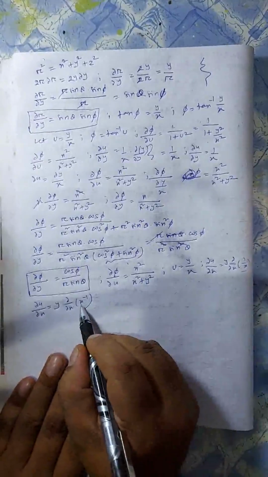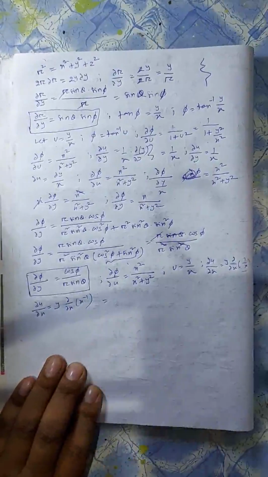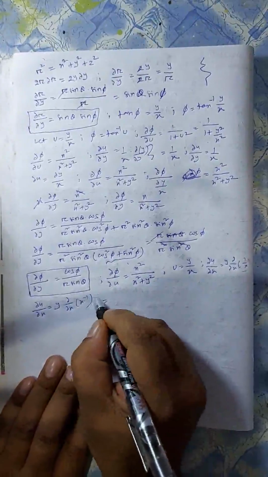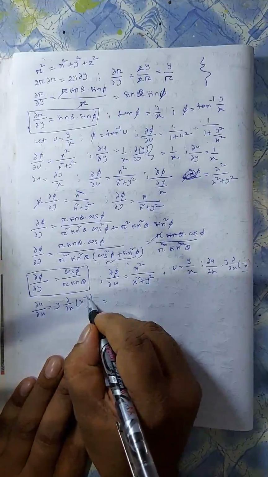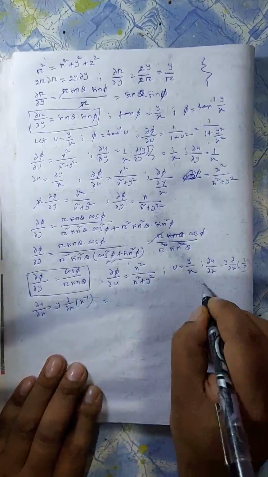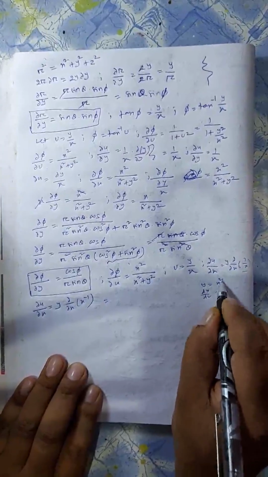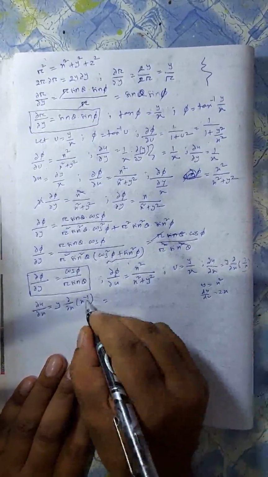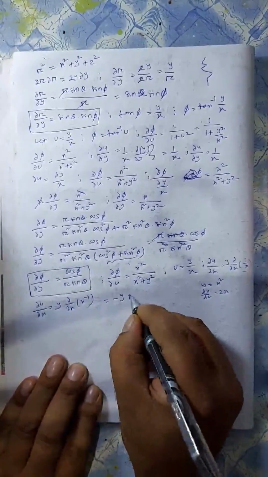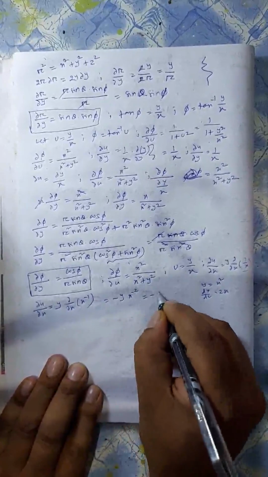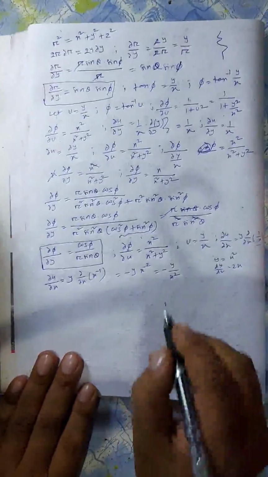x inverse, so x to the power minus 1 will come to that side. Okay, that means ∂ by ∂x means minus 1 will come, then minus 1 into minus 1. You know that y is equal to x², then dy by dx is equal to 2x. Here minus 1 will come to that side, minus y, x to the power minus 2, that is minus y by x². Okay, then